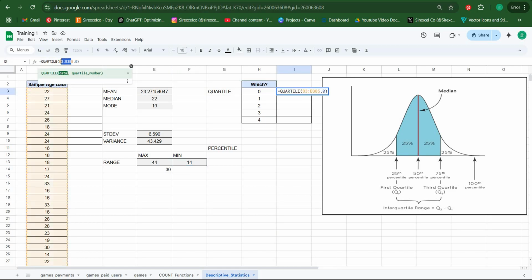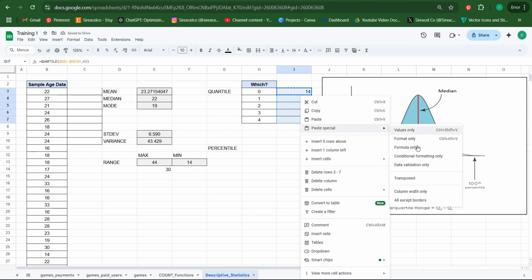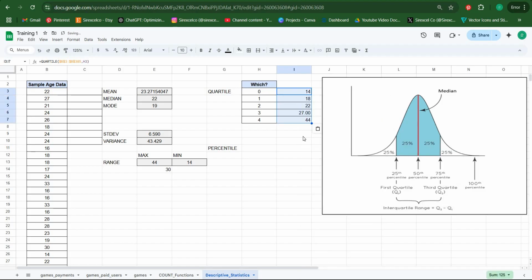You can also, instead of writing manually, choose a cell which has 0 to 4 values, and then you can copy your formula and paste your formulas into other sheet. Just be careful to put your ranges in absolute references,